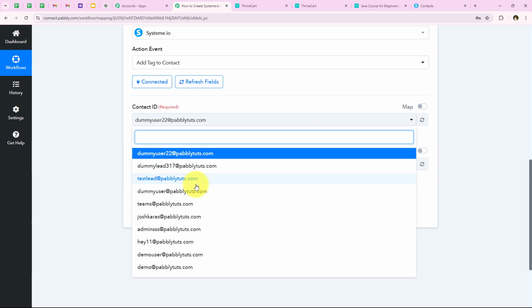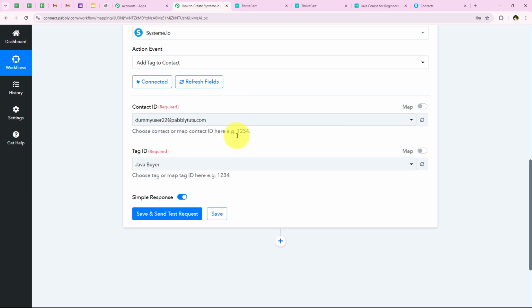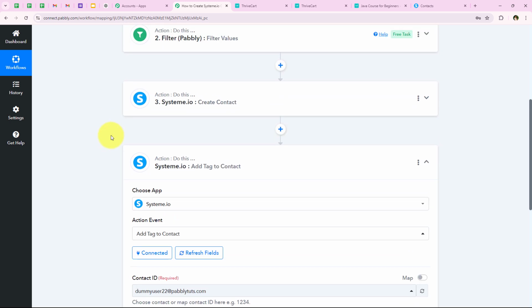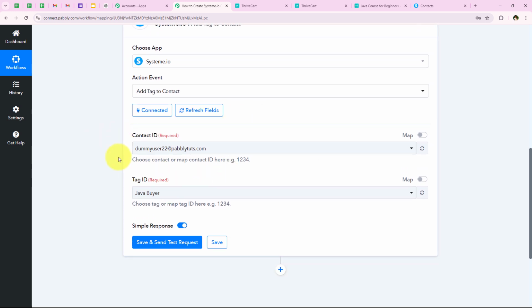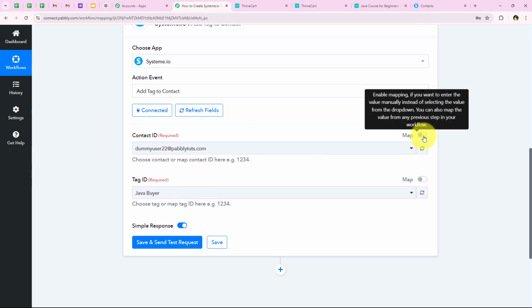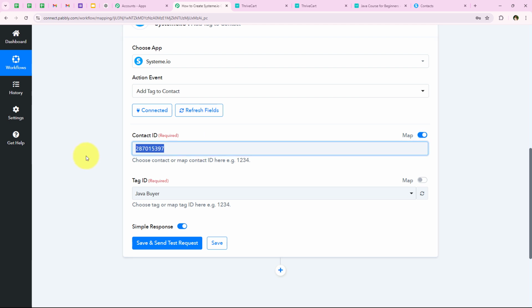So over here you can see that it is asking me to select one contact ID from this, but I'm not going to select it. I'm going to map it because I want that with every new contact this ID should also change. I want this field to be dynamic. So first I'm going to switch on this mapping button right from here, and we are going to erase this ID,